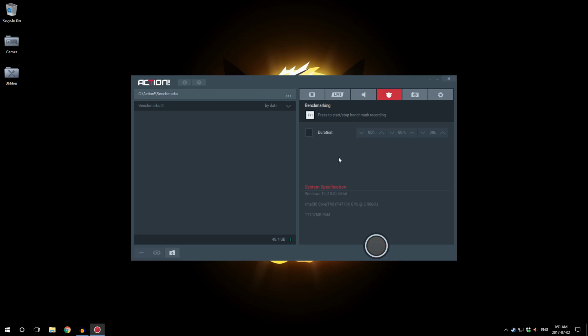This is kind of a useful function. Action has a benchmarking mode built in, and this uses that FPS counter that we saw earlier to benchmark whatever it is that you happen to be recording at the time, or rather benchmarking at the time. Okay, so